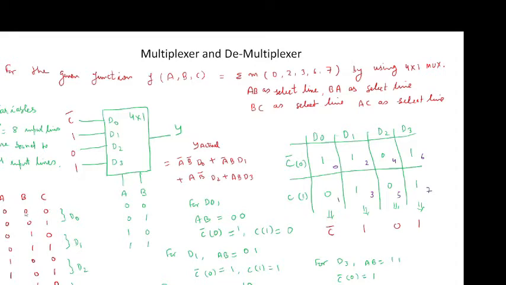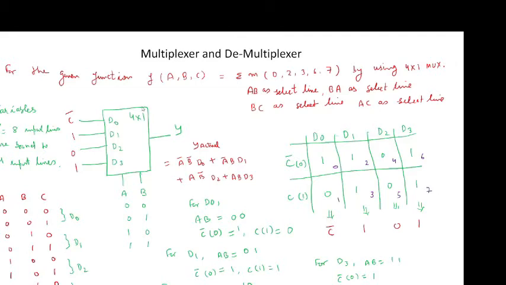So we can write the variables as 000, 001, 010, 011, 100, 101, 110, 111. So this will represent 0, this will represent 1, this will represent 2, this will represent 3 in binary, this will represent 4, this will represent 5, this will represent 6, this will represent 7.